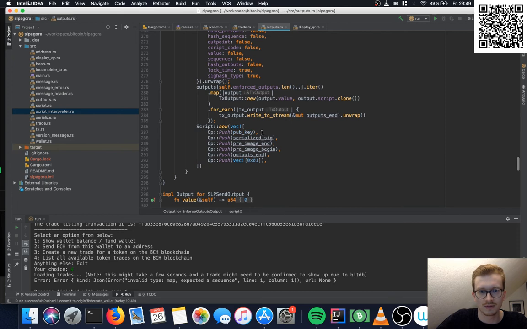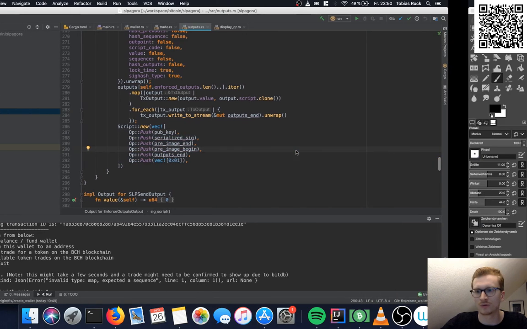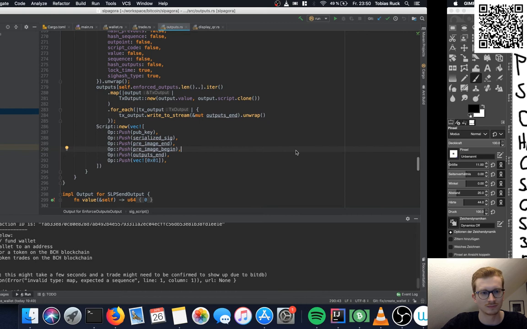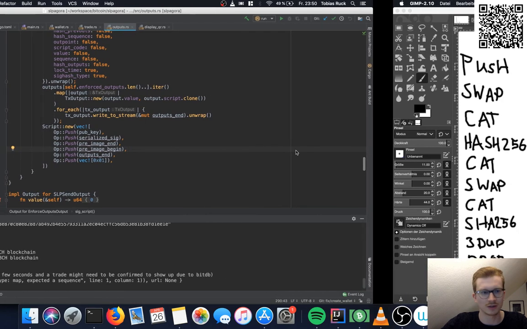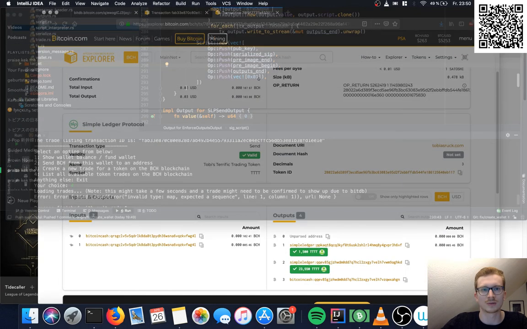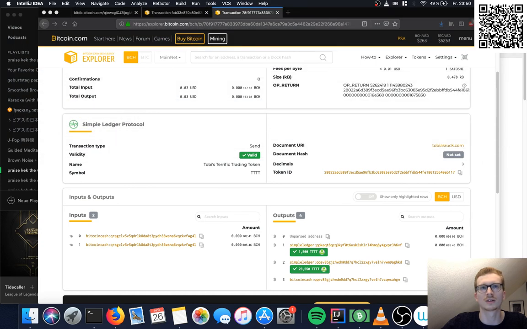The first 6 things that will be executed of the smart contract are all the push operations of the inputs. So we'll push these 6 things onto the stack of the smart contract. So let me move that up here, otherwise I will forget it.